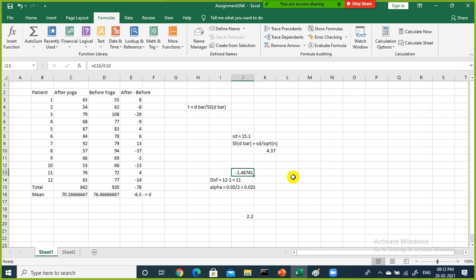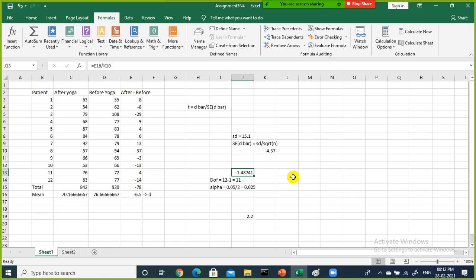No. Why? Because minus 1.48 is less than the 2.20, right? Yeah, correct. If it is a right tail, then we cannot reject it. T is not less than the 2.2, right? Yes.